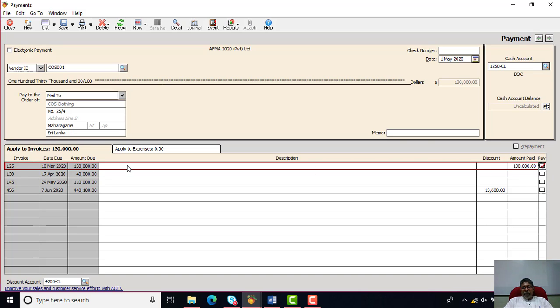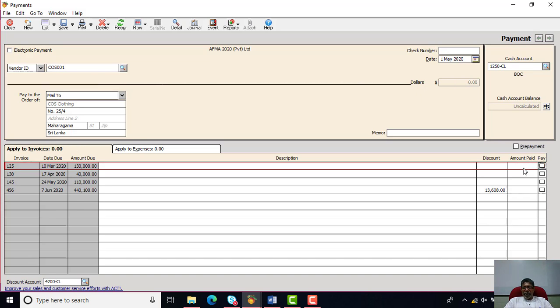When you click the pay box, the total bill will be taken as the amount paid, and it will appear in the payment option, as well as in words, because the check printing options are available here. So that's why you can enter that information. If it is a part payment to the vendor, in that case we cannot tick the pay box.